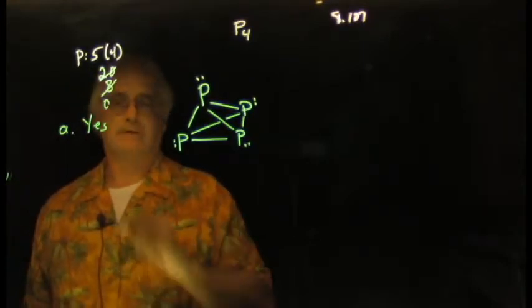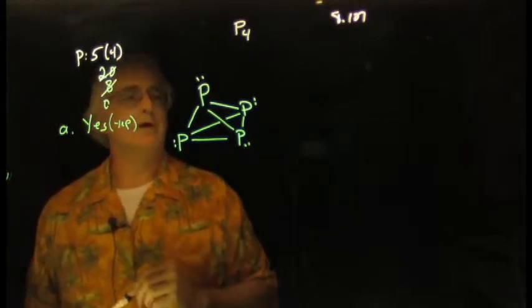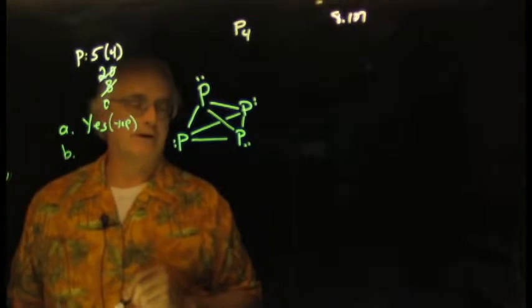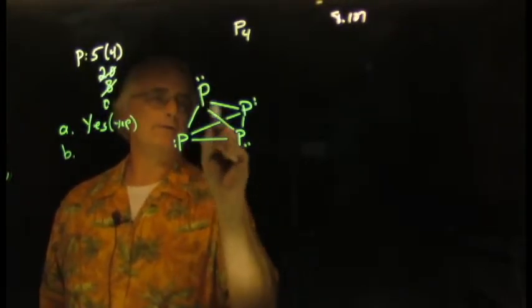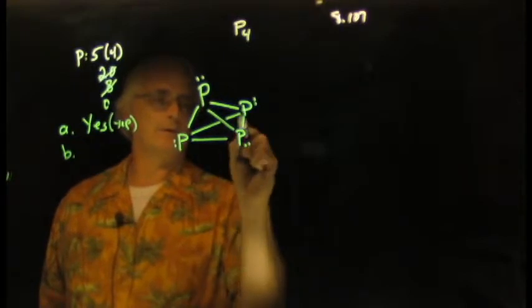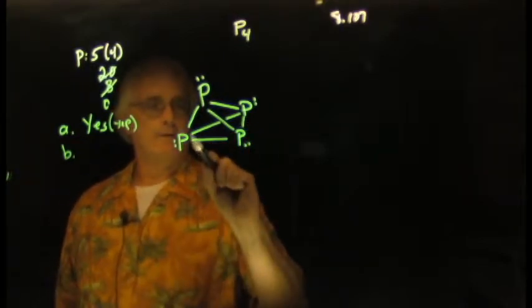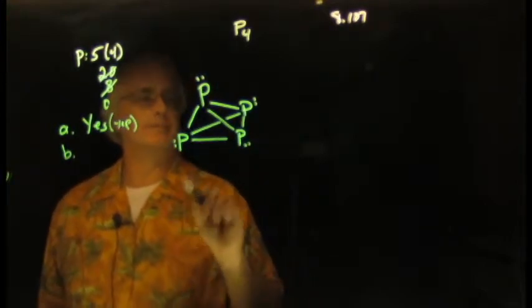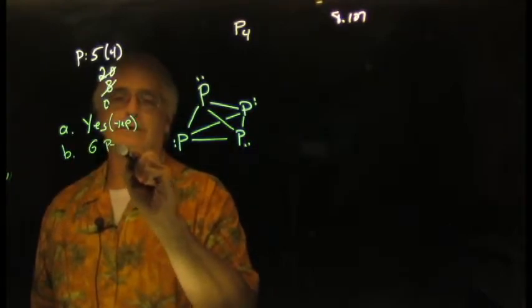Yep, they do. Okay, I was going to say yep, but we'll make it formal. Yes, they do. Then part B, how many phosphorus-phosphorus bonds are there? If you look at it carefully, you'll see there's 1, 2, 3, 4, 5, 6. Okay, and this one I have kind of broken because it's passing behind this one. So there are a total of 6 phosphorus-phosphorus bonds